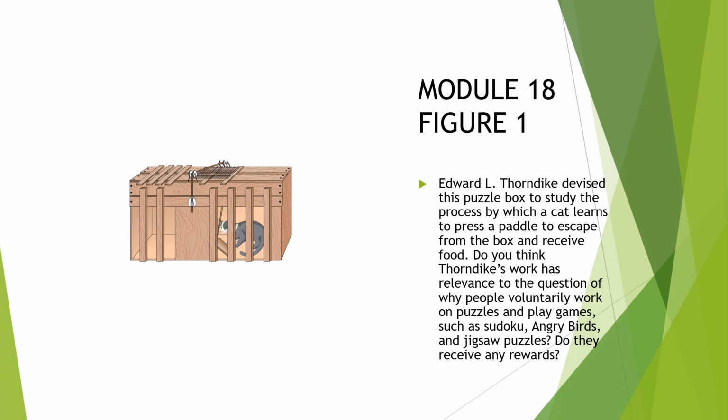After a couple trials, as soon as he put those cats in the box, they went right over to the lever, or right over to the block, pushed the block, the string pushed the lever, and the cats were released. So you see, they voluntarily did something and they got rewarded for it. The lever opened up the door and they got rewarded with a treat. So they're more likely to do those things again.